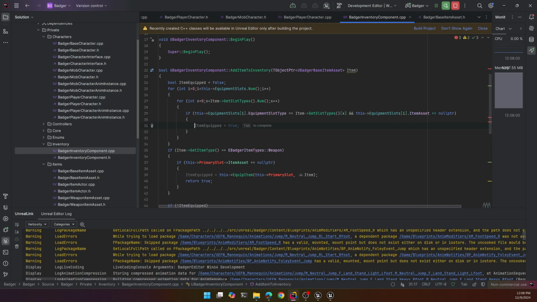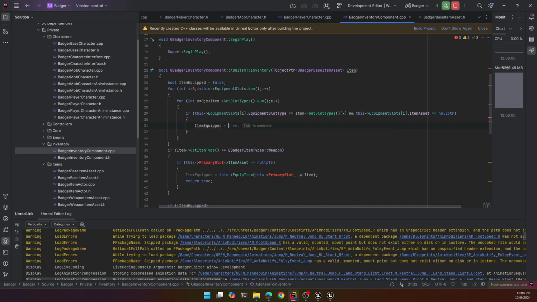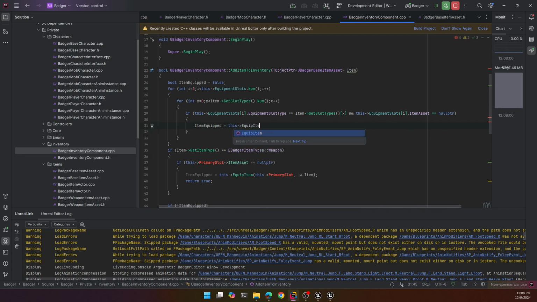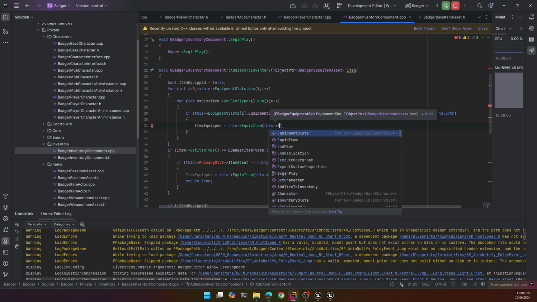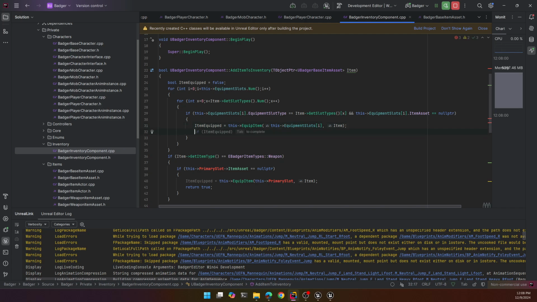We're gonna equip, and it's gonna go into this equipment slots I, and it's gonna be item and